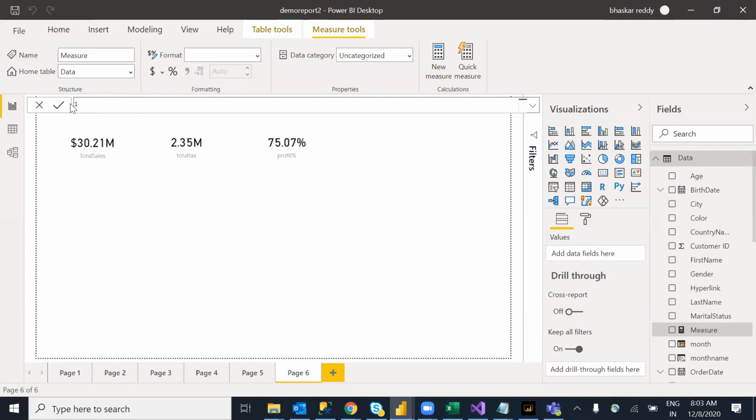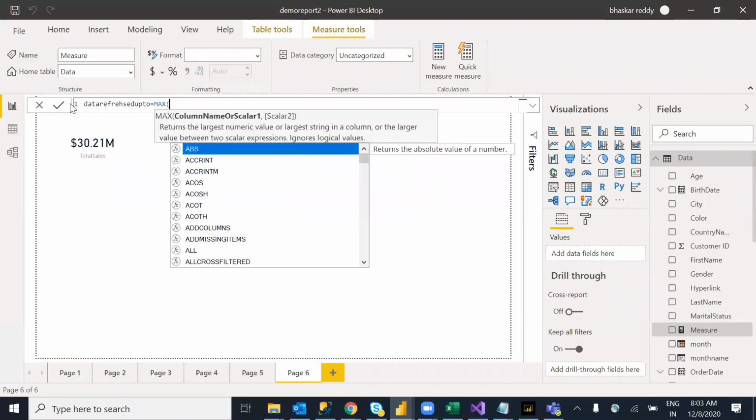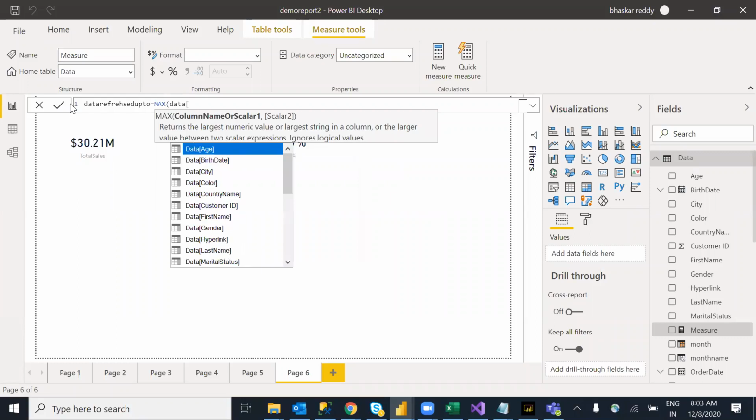Data refreshed up to. I will take the maximum date. I'm creating a measure, not a column: max equals MAX of Date of Order Date.